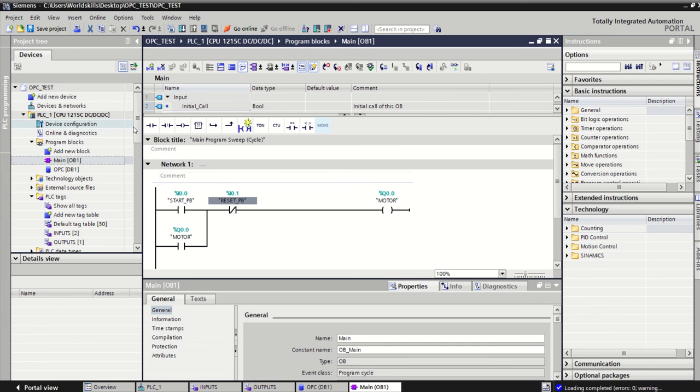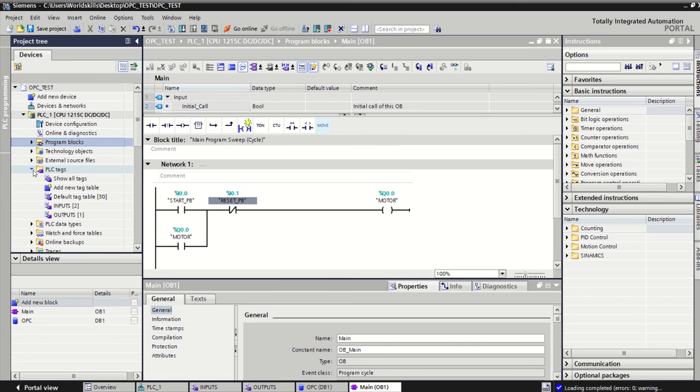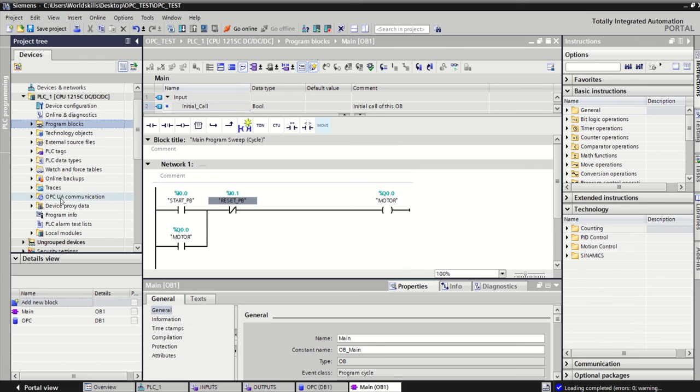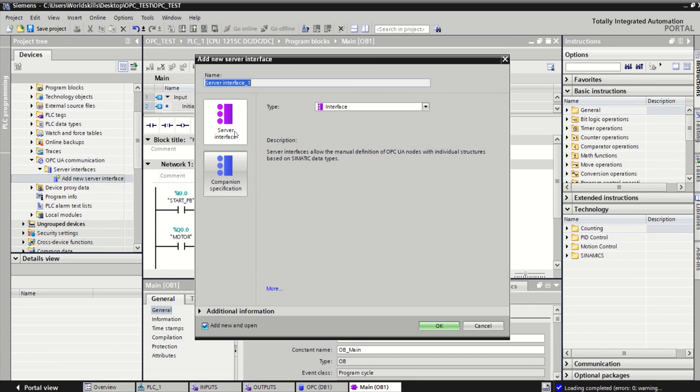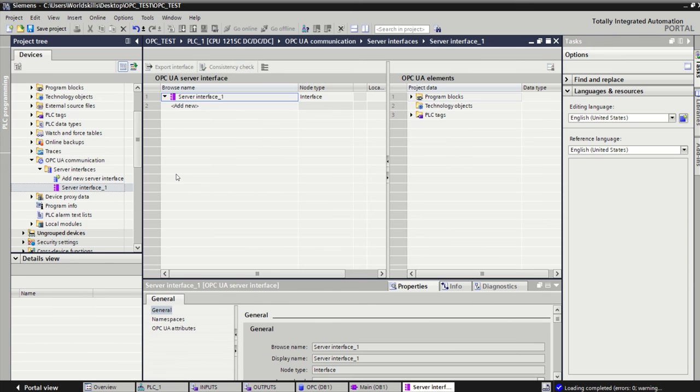So everything should be the same as the last video, except in version 16 we need to use this OPCUA communication protocol. They actually have a dedicated function now in the newer versions of Siemens to use this. So if I go in, I need to add a new server interface. Okay, so we click on server interface and we click OK. And really what this is doing is creating another table for us where we can consolidate the information from all our other folders into one easier to use